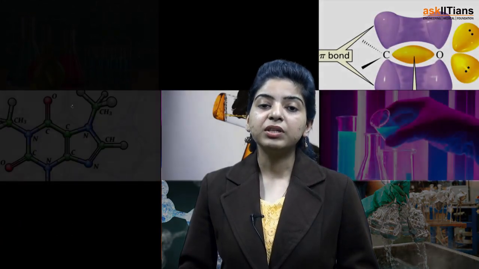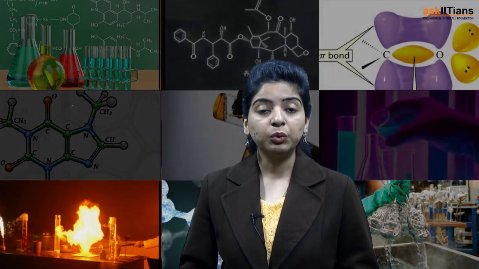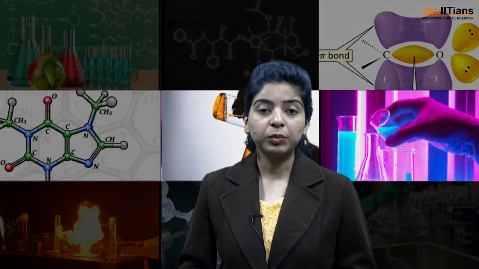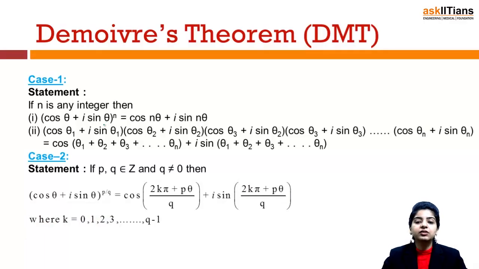In this session, we will be discussing the concept of De Moivre's theorem, in which you shall get to know that there can be two cases of De Moivre's theorem, that is when n is an integer and n is a rational number. We shall also discuss some of the applications of this theorem. So let's begin. So the next topic that we have is De Moivre's theorem, and we can have two cases in this. This is also an extremely important theorem and you can expect a question from this topic in your exams.